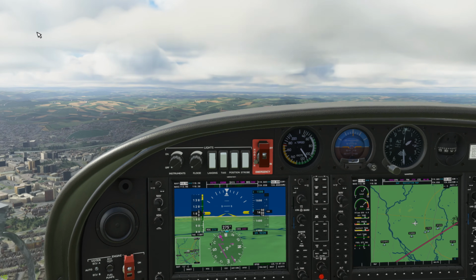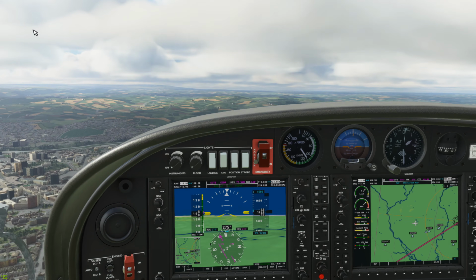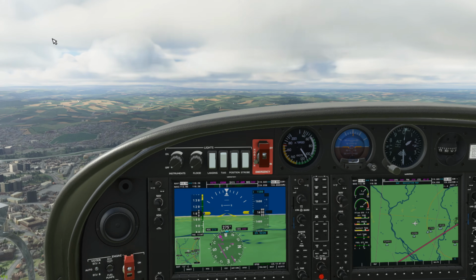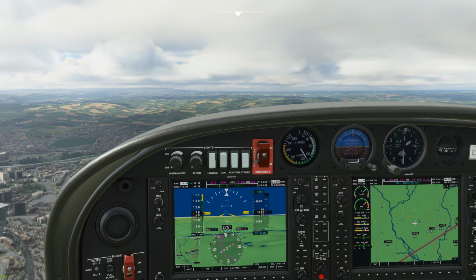And we'll call that level, so we'll just watch the speed. It's got a little bit of a reduction going on at the moment. Okay,